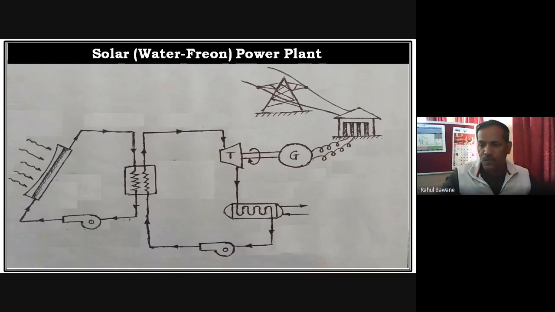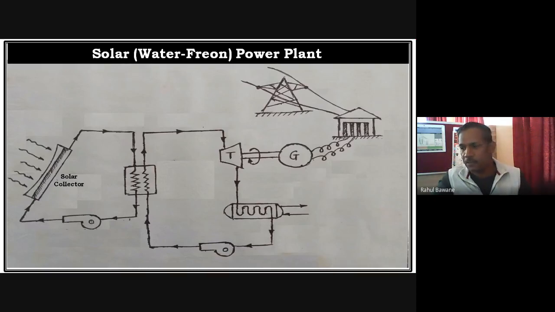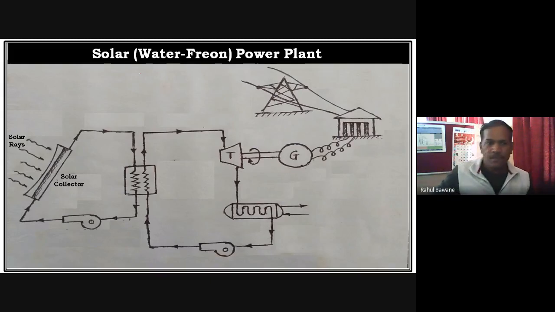Now how is it going to work? So we must have a solar collector, as everyone has seen, on a building top there is a solar collector. Such solar collectors also come in very different forms, types, shapes and geometries. So here we are considering a basic solar collector, and whatever solar rays are incident on that solar collector will be absorbed as heat, and that heat is supplied to the water which is passing through this solar collector tube. So this water gets heated.